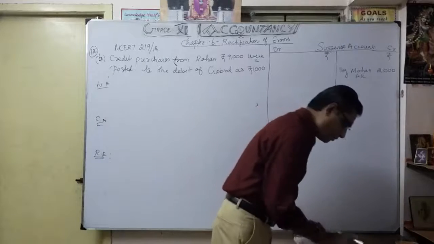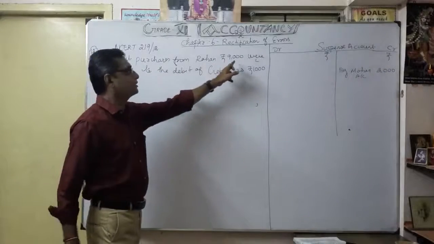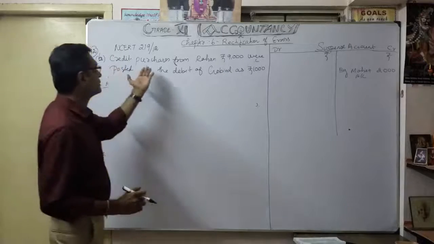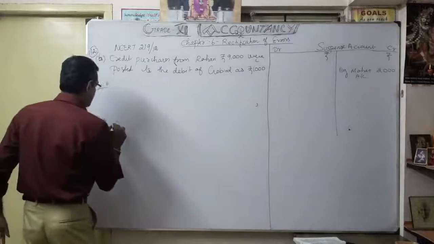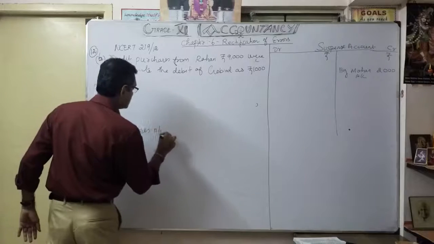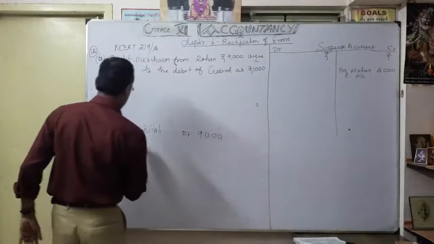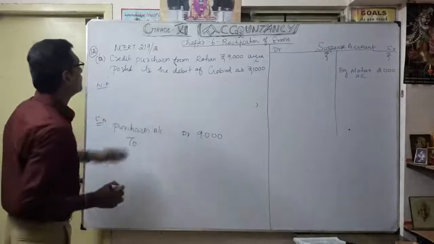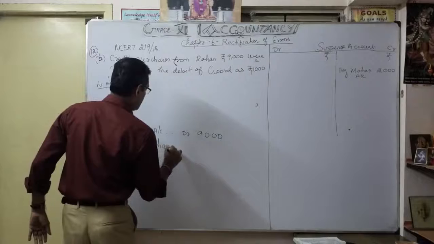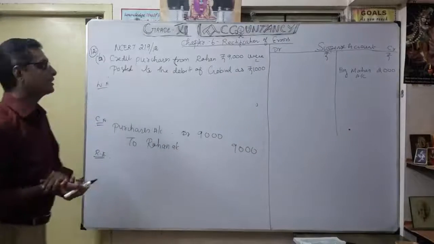We should be very careful. So here, credit purchase from Rogan, how much? 9,000. First I write the correct entry here, then you can understand. So we made a credit purchase from whom? Rogan. So what you have to write? Purchases account debit, how much? 9,000, to whom? Rogan account, isn't it? So Rogan account 9,000. Okay, that's the transaction.